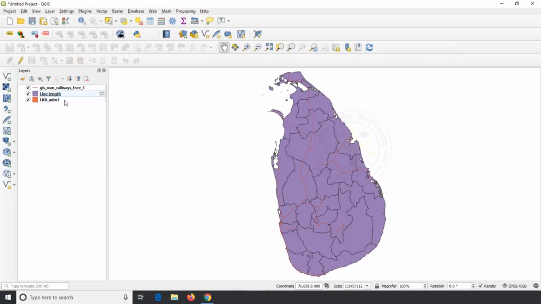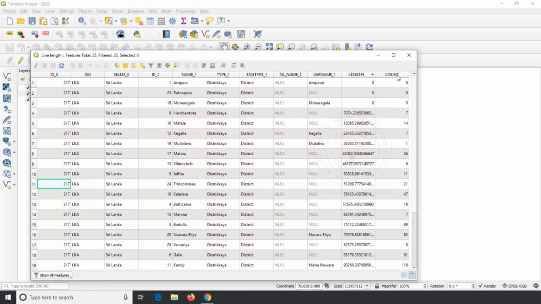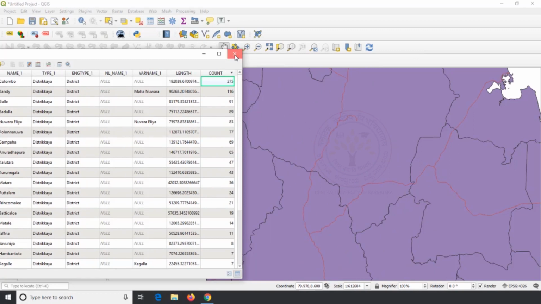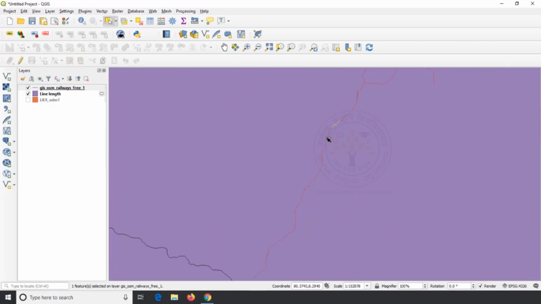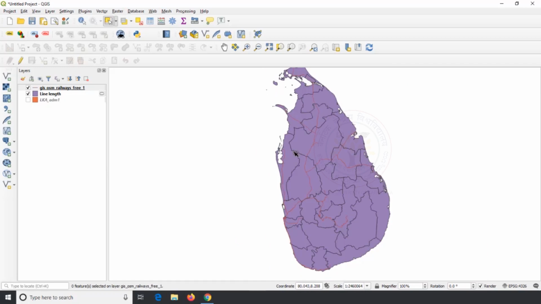To know the result values, we will open attribute table of our result and look at the fields length and count. By looking at the canvas, it may look like few number of lines are crossing polygon when we compared with the attribute table result. But if you select the lines in the canvas, we can understand a single line is splitted into several segments. The total number of segments are resulted in our attribute table.